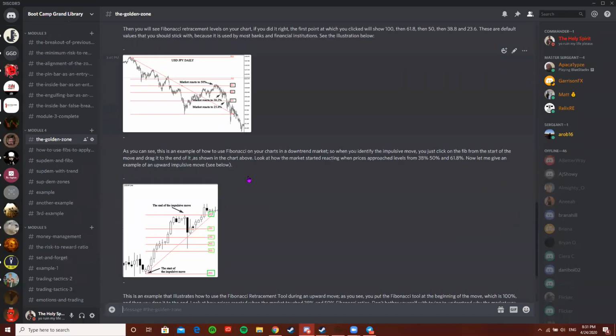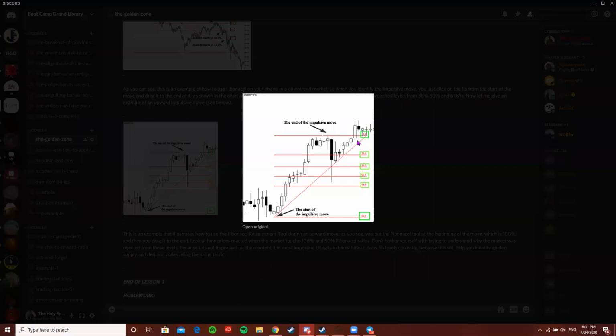So let's look at this. You have to find an impulsive movement, right? This is a prime example of your impulsive movement. This is the beginning of an impulsive move. Now you drag it all the way up, and I did this on MetaTrader, so it's kind of whack. But pretend from this candle on forward isn't here. Your top end of the impulsive move is right here, so you put it from here to there.